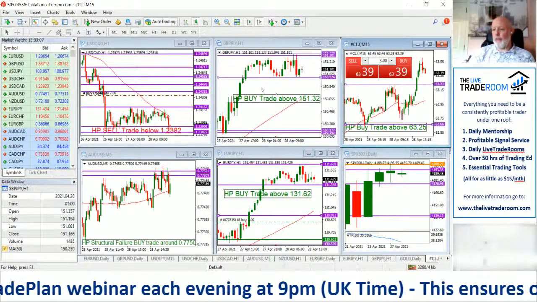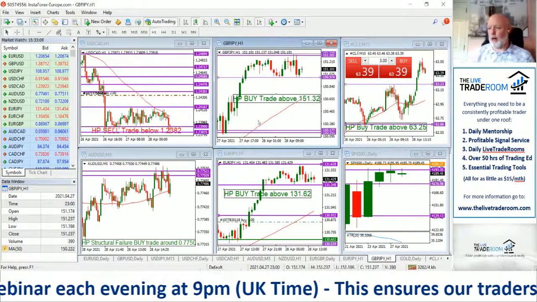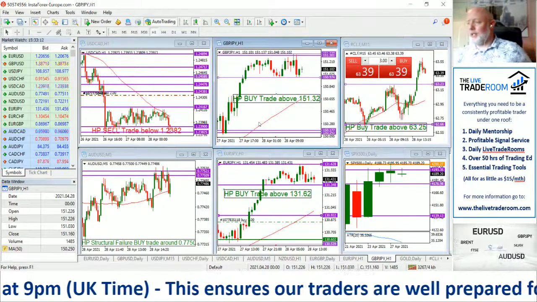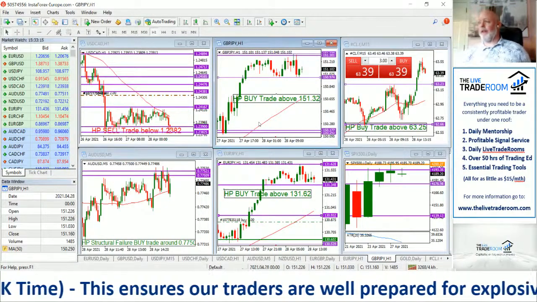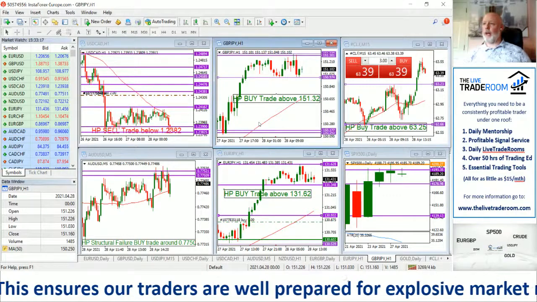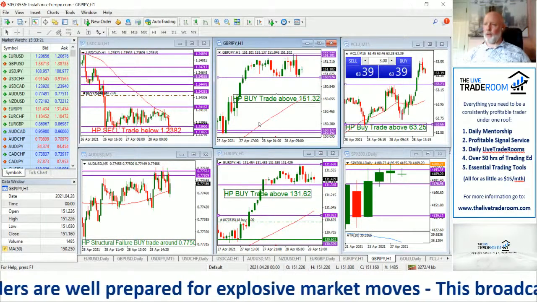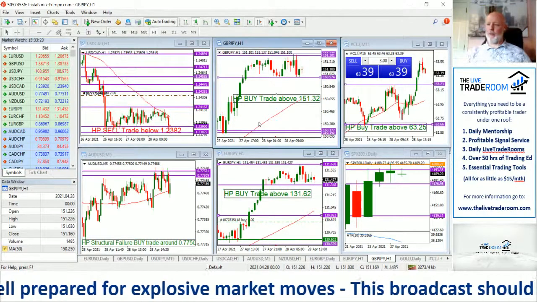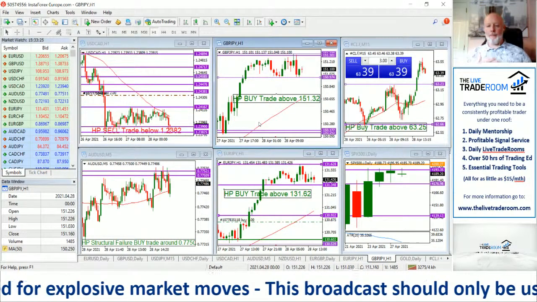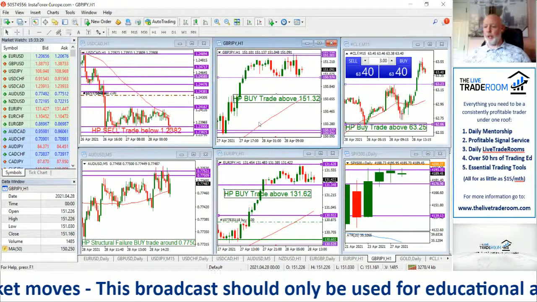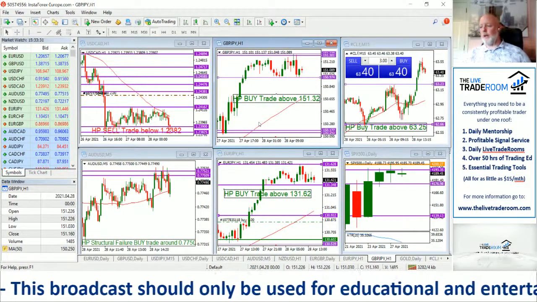And then FOMC, we'll see what the state of the US economy is like, if the Fed will be forced to perhaps taper their bond buying, or whether they'll be forced to consider bringing forward the timetable for rate increases. At the moment, it doesn't look like that's going to be the case. They're going to be quite dovish. They're going to adopt that dovish view, and